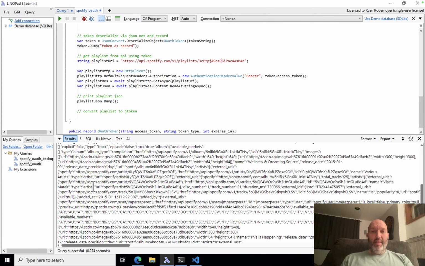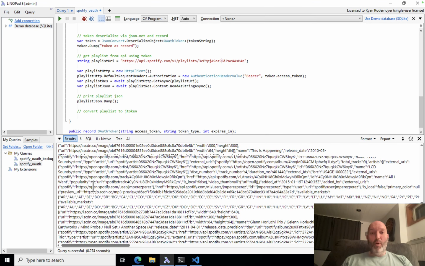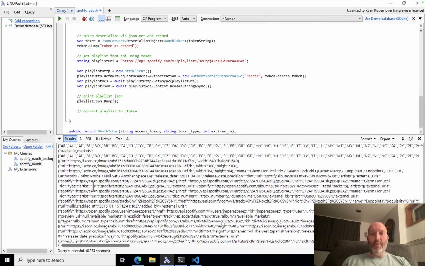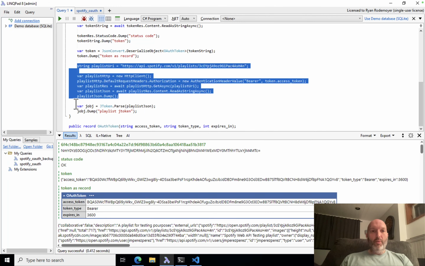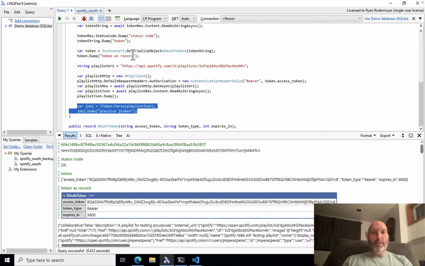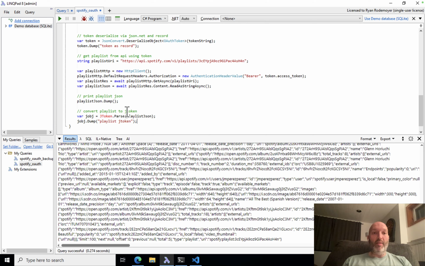We can see that. It's hard for my eyes. It's hard for my brain to understand what in the world I am looking at, even though I know it's JSON. I know it's a JSON object representing a playlist. That's hard for me. So let's grab one more statement out of here. This is just another feature of Newtonsoft JSON.NET. We can feed it valid JSON, tell it to parse,